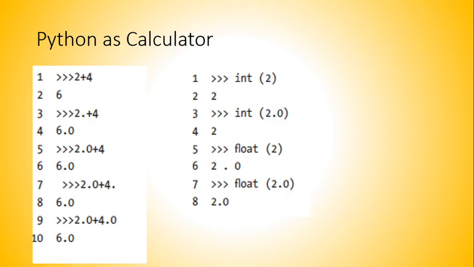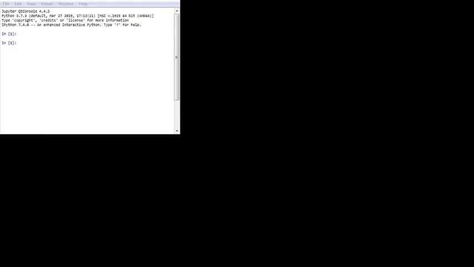So, Python as a calculator. Let me show you some code on our Qt console for Python, and we can go through the details later on. This is the Jupyter console, meaning the IPython console, which I have opened. Now let's code over this platform. For example, our first line: if you know what a calculator means, 2 plus 4 will give you an answer of 6.